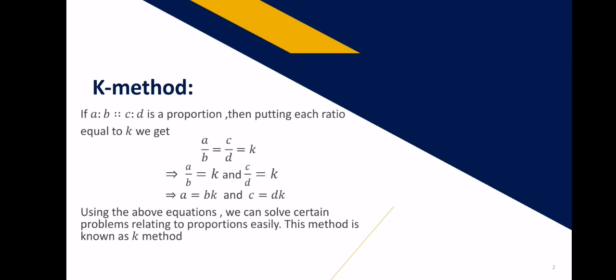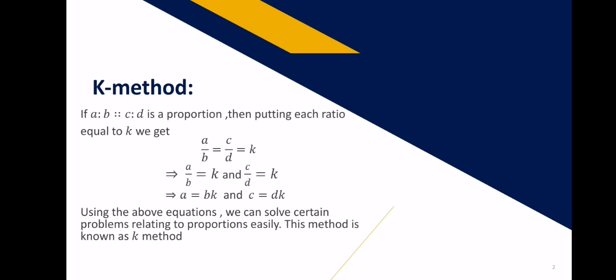of two ratios. So if A ratio B proportion C ratio D is a proportion, then putting each ratio equal to K, we get A by B is equal to C by D is equal to some constant K. Writing each fraction separately as equal to K, we just get A is equal to BK and C is equal to DK. Using the above equations, we can easily solve problems relating to proportions, and